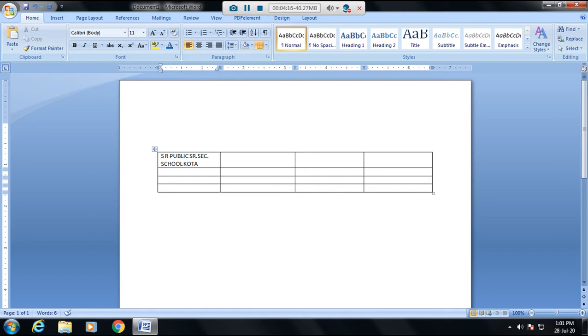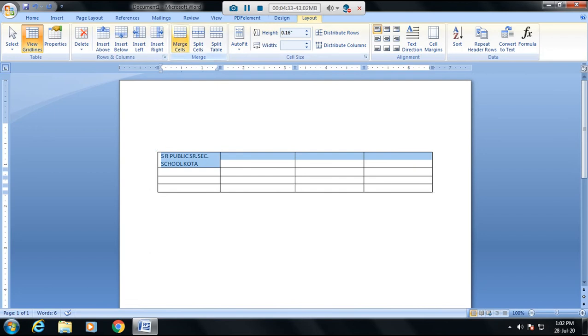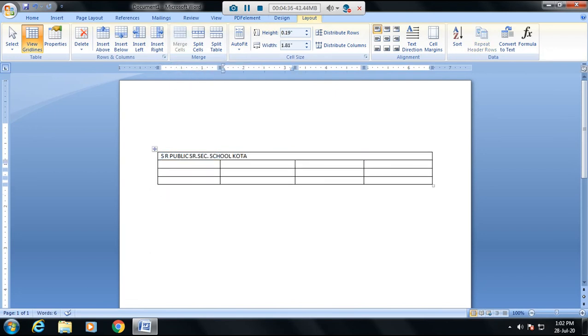When we want this cell to be increased or converted from several other cells like this, select them, then go to Design, Layout, then Merge Cells. So these 4 cells or 4 columns are converted into one single cell or a single row. So this is the merge option.